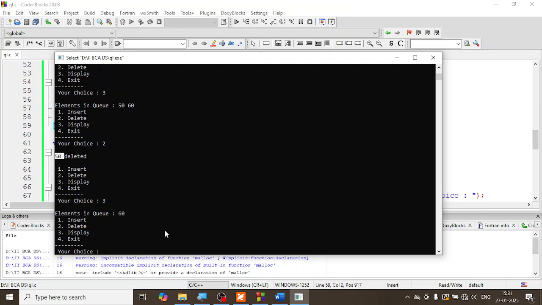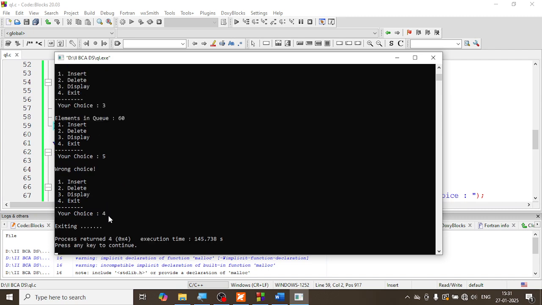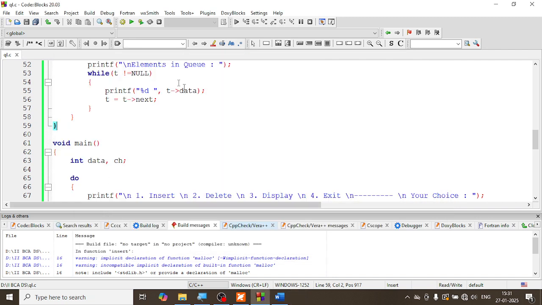I'm going to press 4 for exiting. If any other choice is there, like choice number 5 which is not there, I get the wrong choice, and finally I put the right choice, exit. Okay, that's all in this